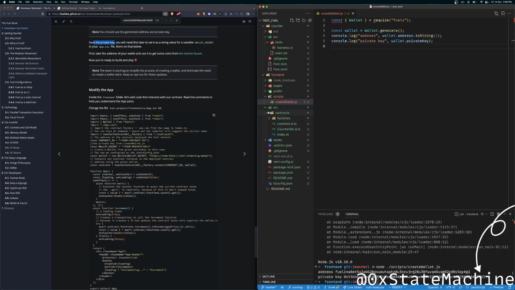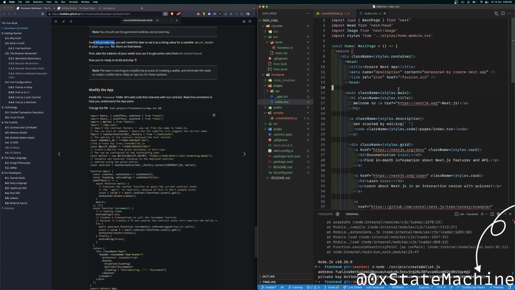Now we can finally write some piece of front end code to make stuff work. And we're gonna go to pages and index.